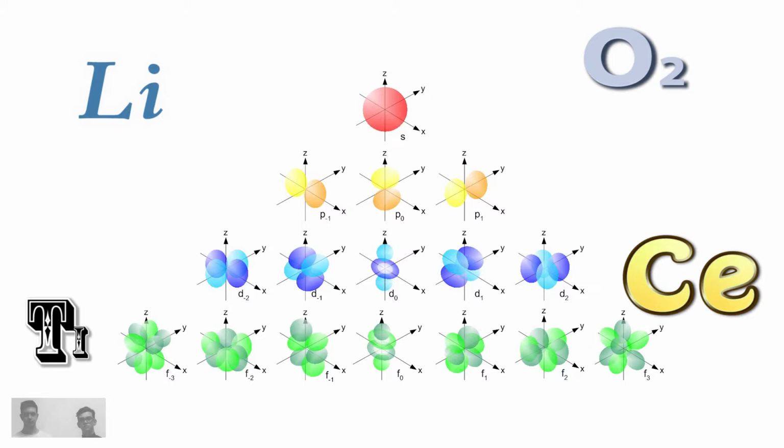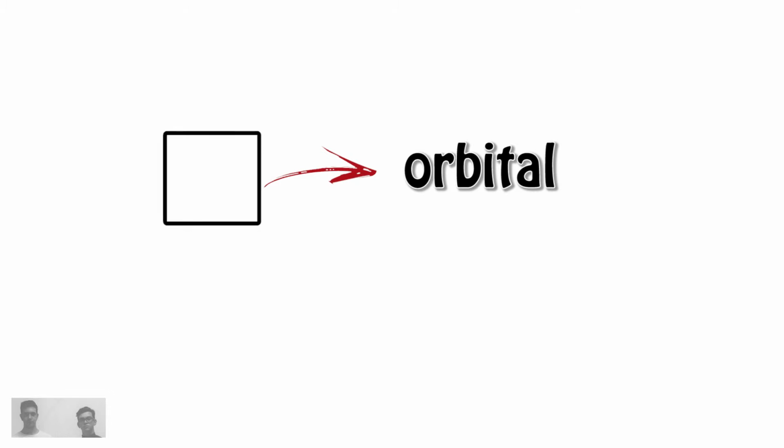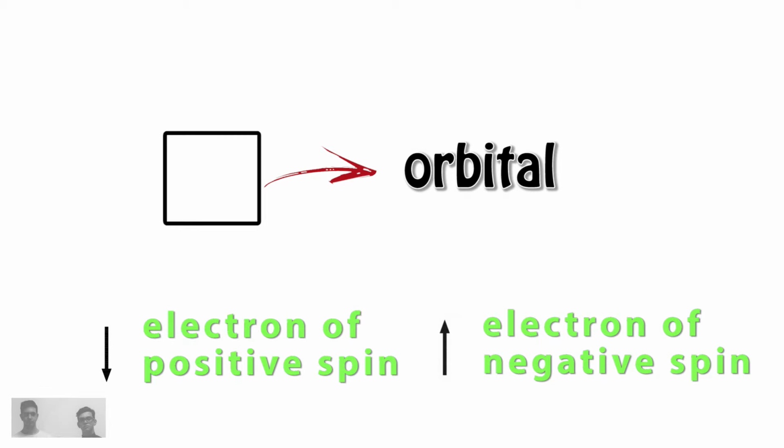Electron configuration is an illustrative method which allows us to represent the way in which electrons are placed in an atom or in an ion. We indicate orbitals with squares. Each electron is indicated with an arrow. Arrow up means positive spin, arrow down negative spin. And if we have to put 2 electrons in the same square, they should be of opposite spin. In every single square we can put at maximum 2 electrons.